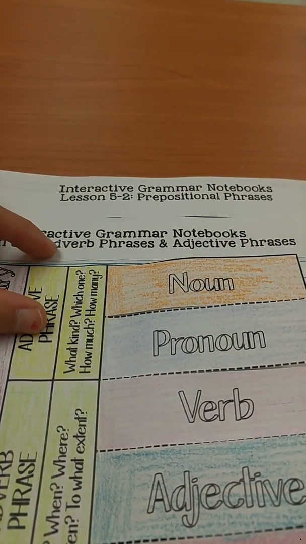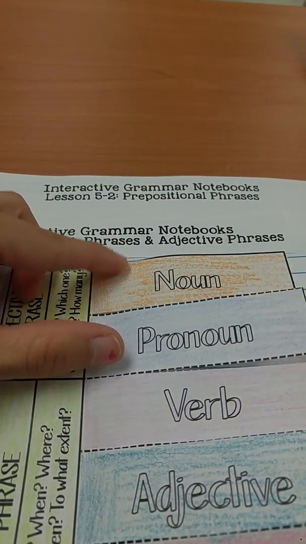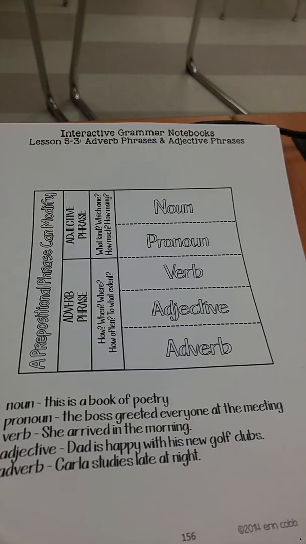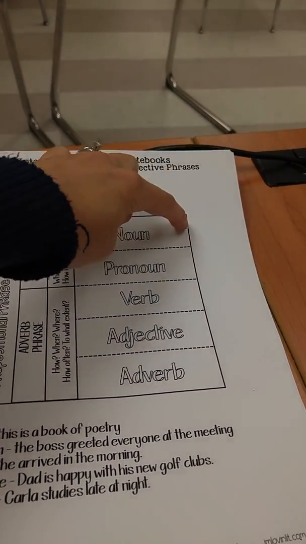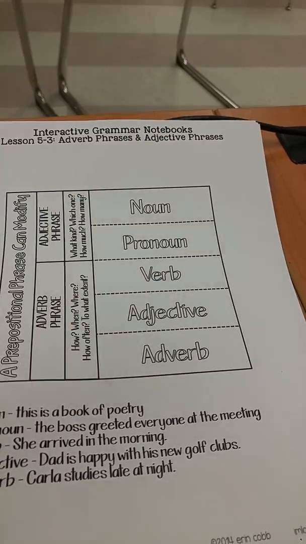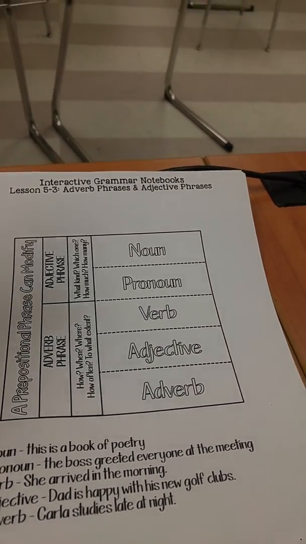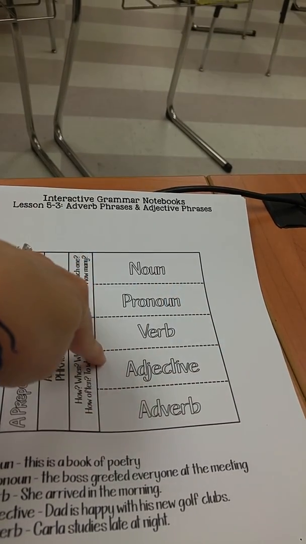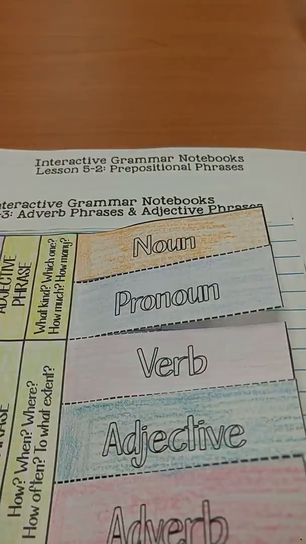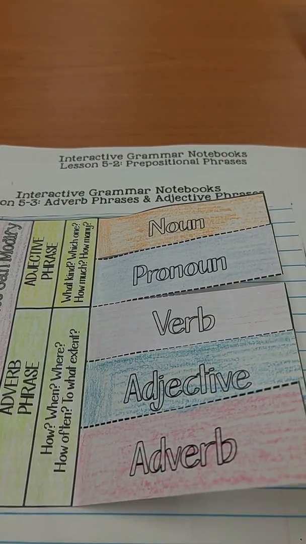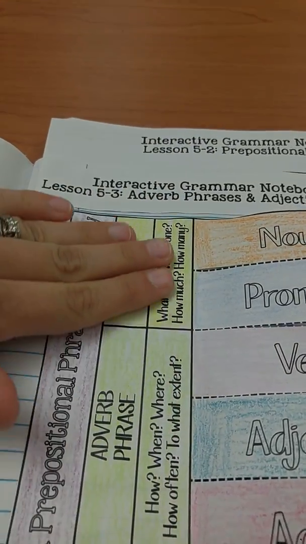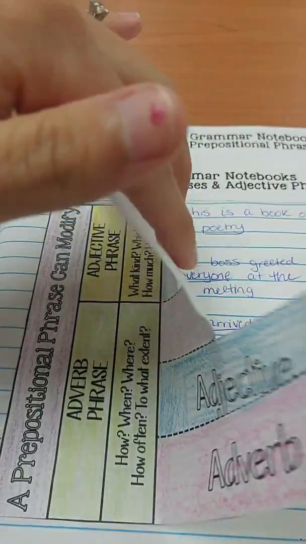So in an adjective, remember that describes a noun. So we have a noun and a pronoun. So what you're going to do first is you are going to take your sheet and just cut out the box. So cut around the black line to make the square. When you have that cut out, go ahead and cut on each dotted line, just to the end. Eventually, yours will be able to flip open like so. Now, once we have it cut out, we're going to put glue just on the part where it says the phrases. We want these to be flipped open.